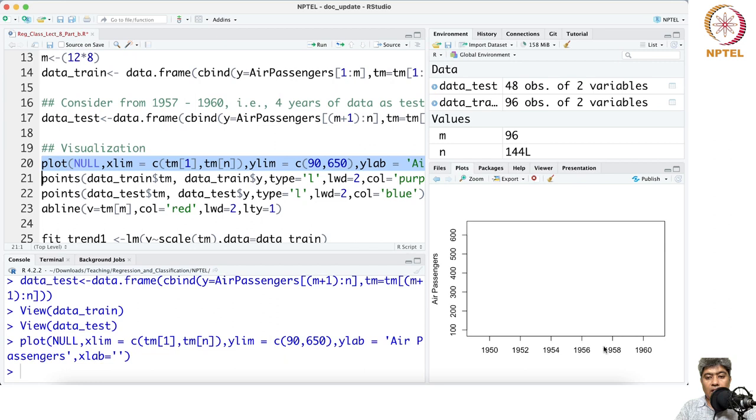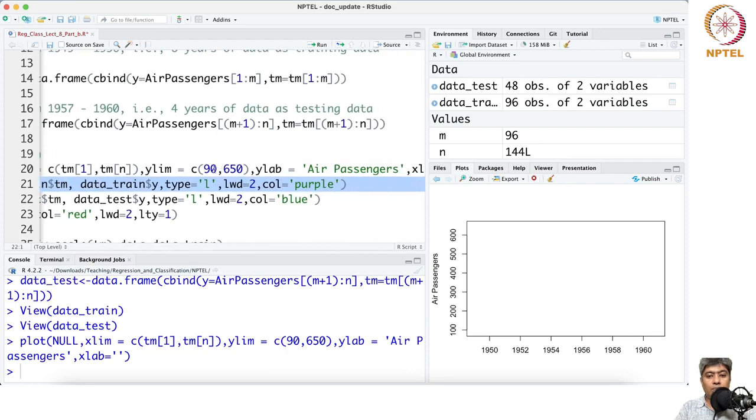So here I'm just creating a framework. On the x-axis I'm saying don't plot anything, just the x-axis will have the times and the y-axis will have the data. Then from the train data you plot the data with purple color,